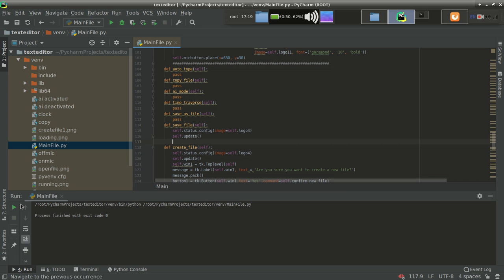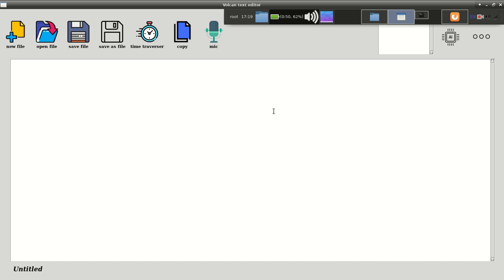And one more thing also, how do we do that? For doing that, we will use this untitled. If untitled is written over here, then it means the user is writing on a freshly written file, so we have to save it, and after saving it we have to write the name of the file over here also. But if the text is not untitled and is something else, it means the user is using an already saved file, so we have to save according to that condition.